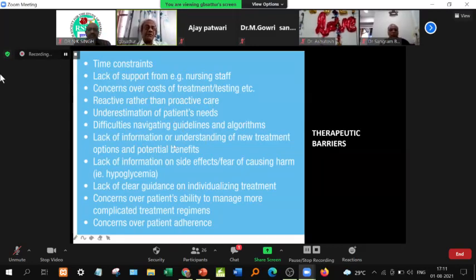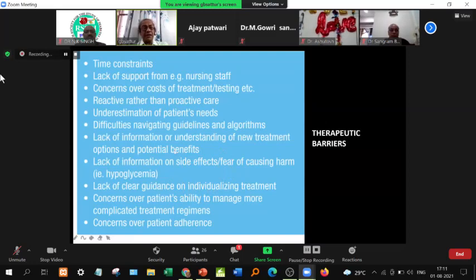The guideline may have been released, like discussed by Dr. Malpani. Even though HbA1c is normal, there is an indication that you could use GLP-1 agonists or SGLT2 inhibitors in those patients who have an increased risk of ASCVD. So all these understandings are very important for a physician. And also, of course, the side effects are very important.